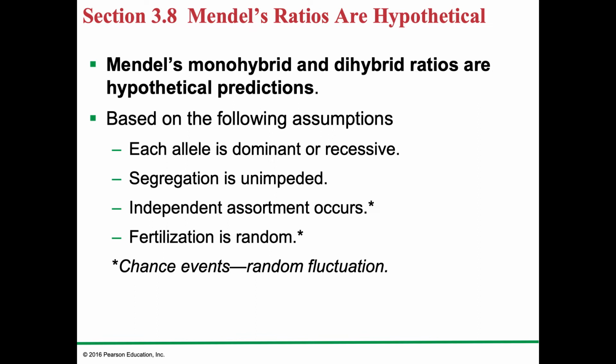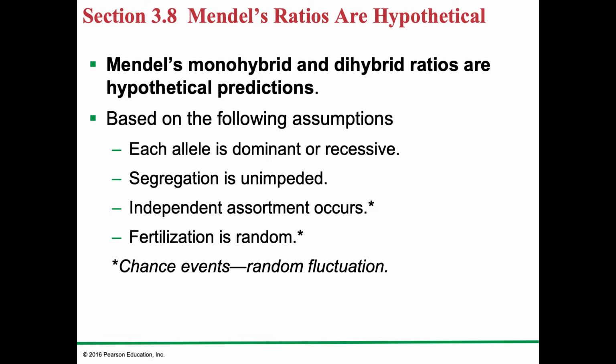And what we see with these asterisks is that sometimes when you leave things up to chance, you can see random fluctuation. Okay, so we all know that if you flip a coin 4 times and you get heads all 4 times, that's kind of weird, but not that weird. But if you flipped a coin 10,000 times and got heads 10,000 times, there's probably something wrong with your coin. Okay, and so that's what we're trying to account for with the chi-squared. Is any variation we see because of chance?